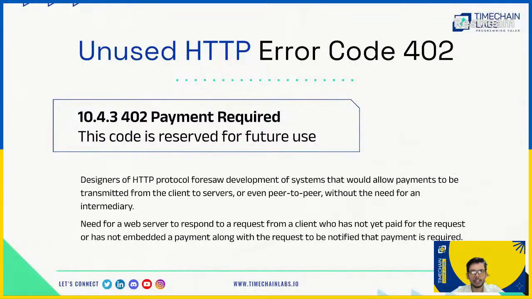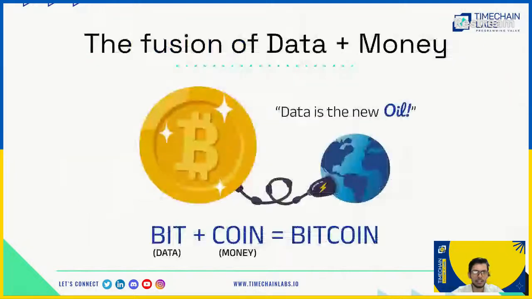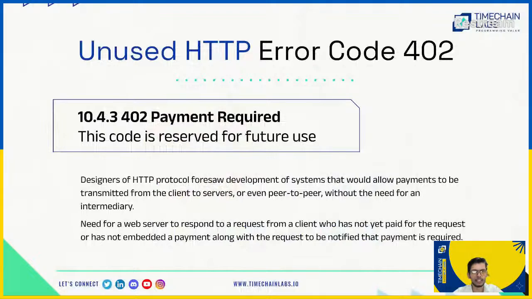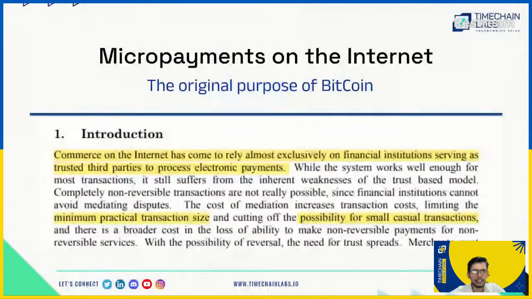So for the data economy of the internet, you need a micropayment system, because you need to be able to price data, which is going to be priced much less than a dollar, in cents, not even in cents, in micro cents, in micro paise, and even lower. For the native data economy to get powered, every data packet is not just transferring data, but also data in exchange for money by the server. So you're paying the server for some data, and the server is giving you data in exchange. That's what's going to power the protocol of money on the internet for data, the data economy. So micropayments on the internet have been the original purpose of Bitcoin.